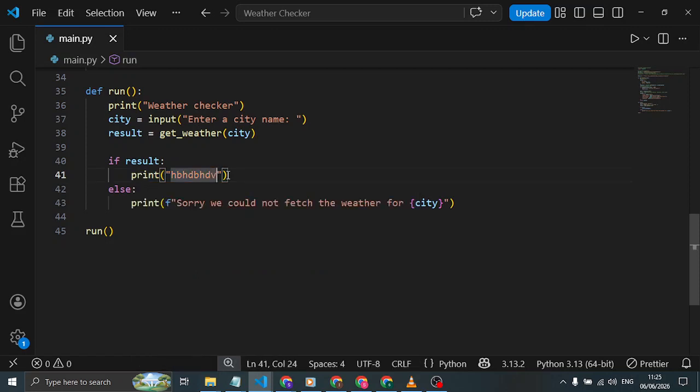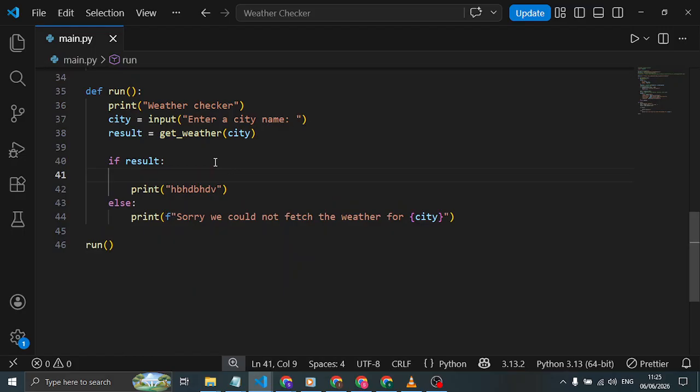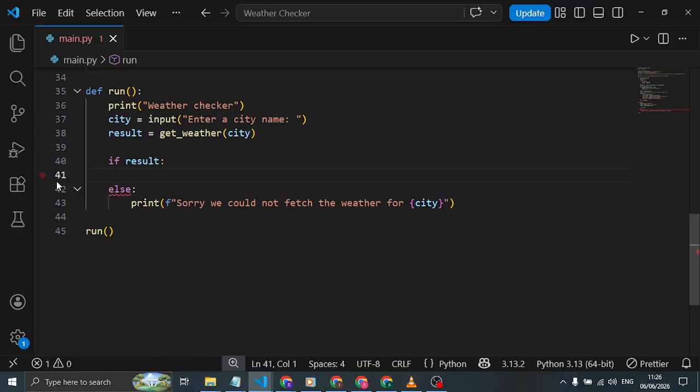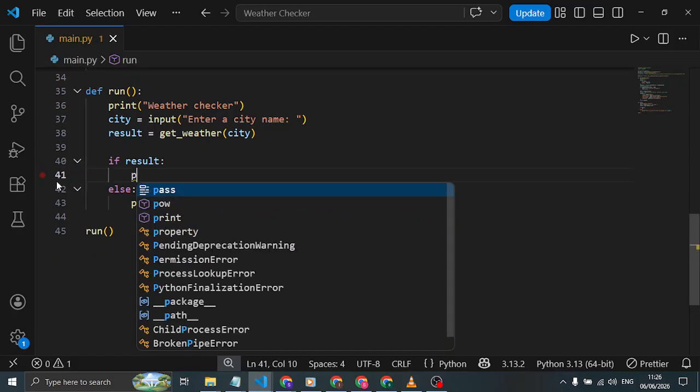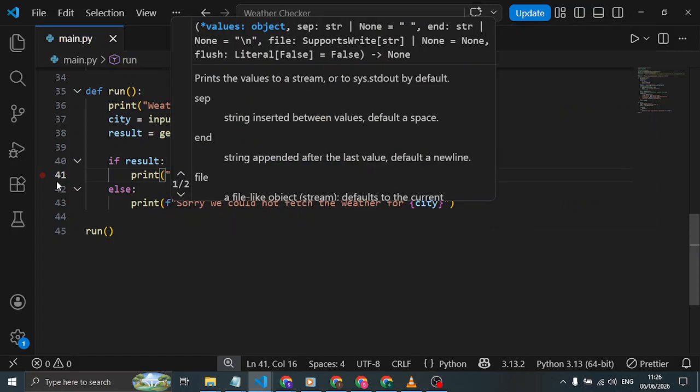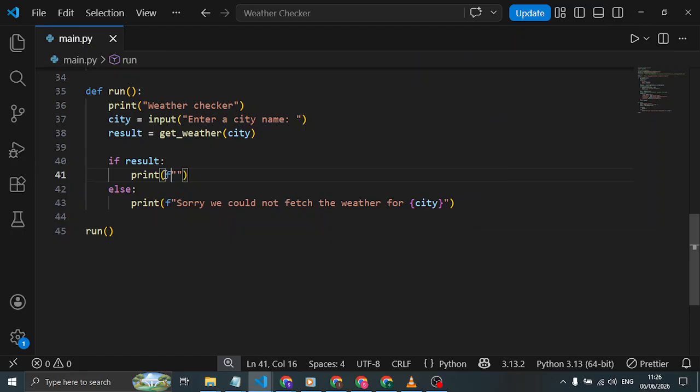So now what do we want to print? What we want to print is a very simple message that says the city name. I'm thinking of how to do it. Okay, we want to print a result that says the weather forecast of Lagos, then colon, then we are going to display all the weather below it. That is how we want to display it. What I mean is we want to first and foremost display a message, let's have it in an F string. We want to say the weather forecast of